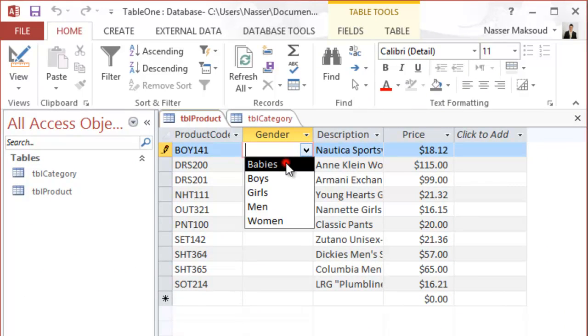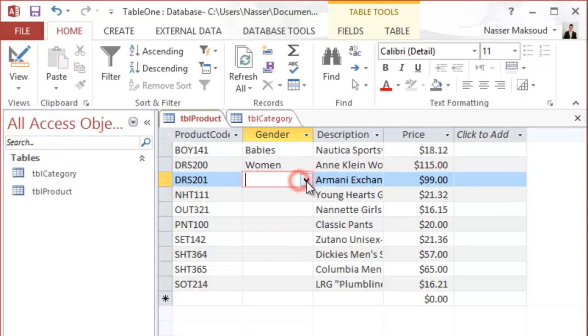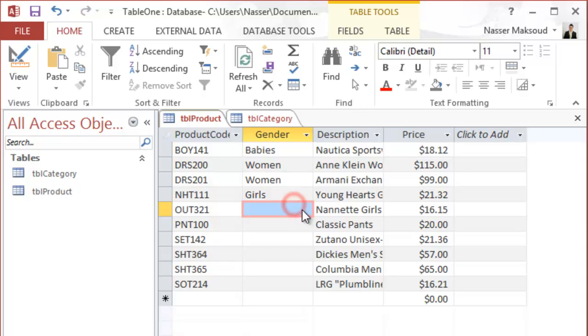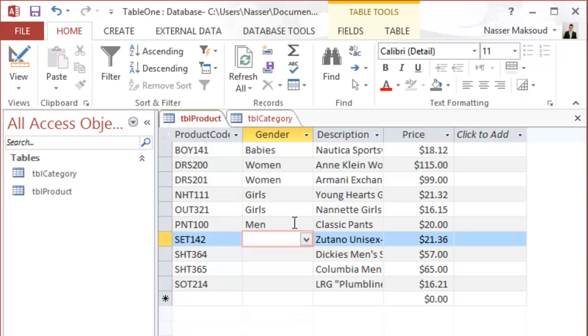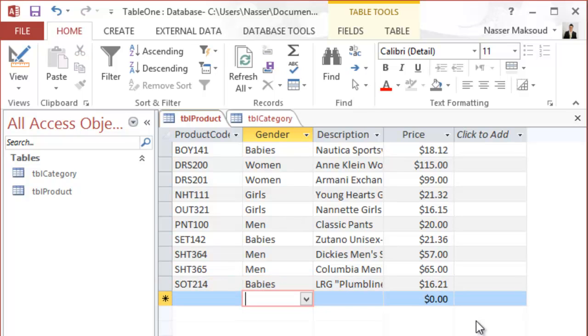category table. So babies, and then I have women, another women, the second item, and then 2 girls, and then I have men, and then after men I have babies, after babies I have men again, men again. See, I'm just typing or pressing M on the keyboard, B, and that pulls it up. Perfect. Now make sure that you save it, save the table, and then